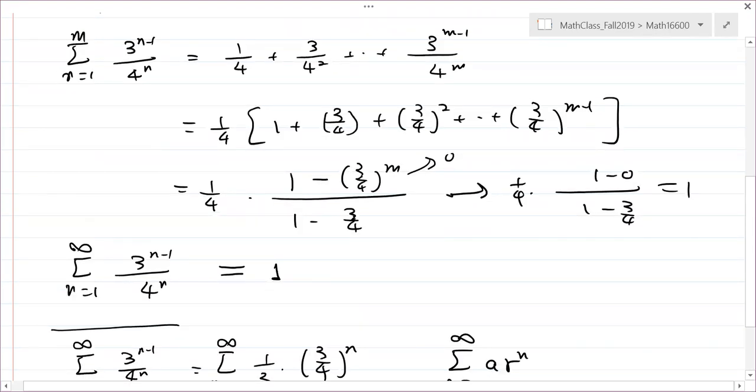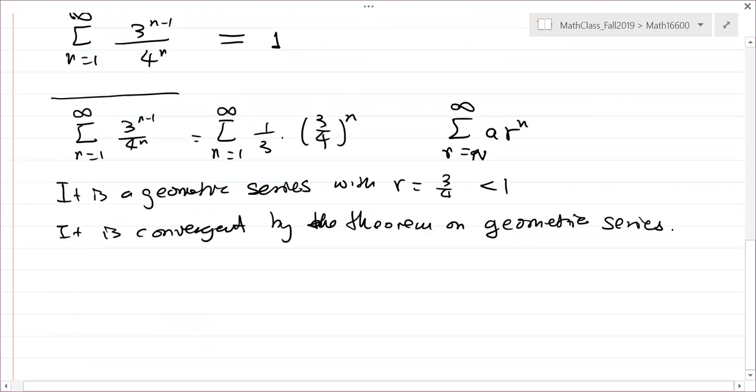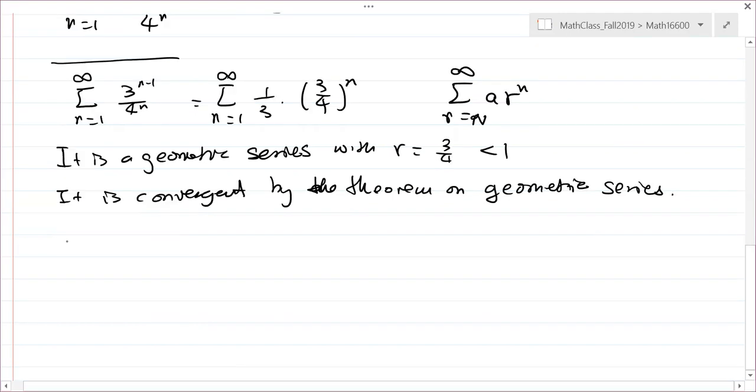Okay? Yeah, it's not necessary, unless I ask you to find the sum. If you just ask whether it's convergent, then you don't need that. Okay? All right, the third problem is